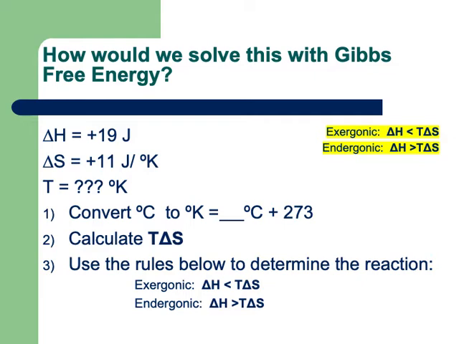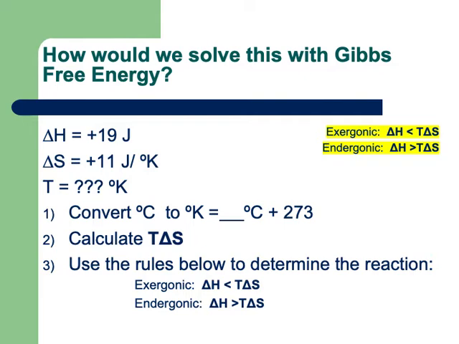Number 2 on here is to calculate what the total is when we multiply the temperature that we just calculated, 293 degrees Kelvin, times the change in entropy, which is 11 joules per degree Kelvin. So we multiply 293 degrees Kelvin times 11 joules per degree Kelvin, which is equal to 3,223 joules. Okay, so you write that down. It's 293 degrees Kelvin times 11 joules per degree Kelvin equals